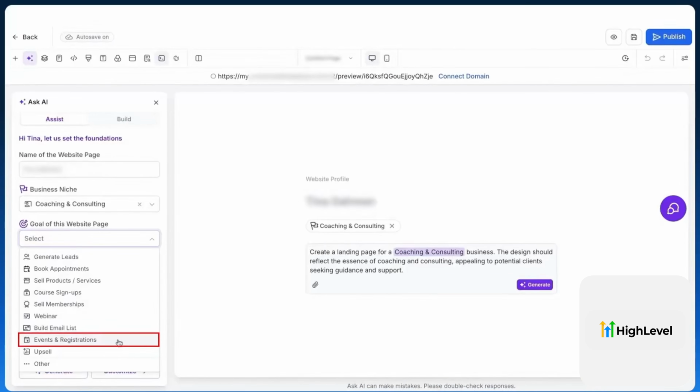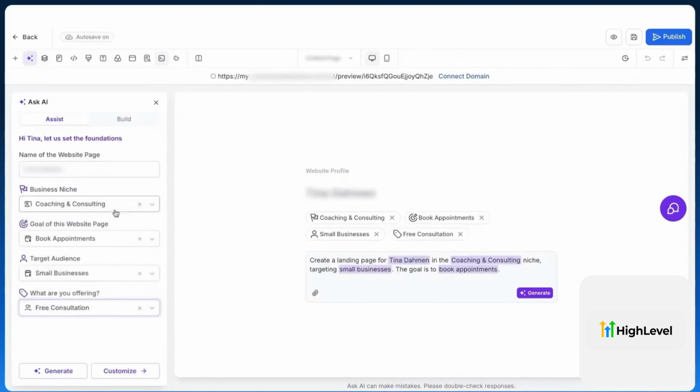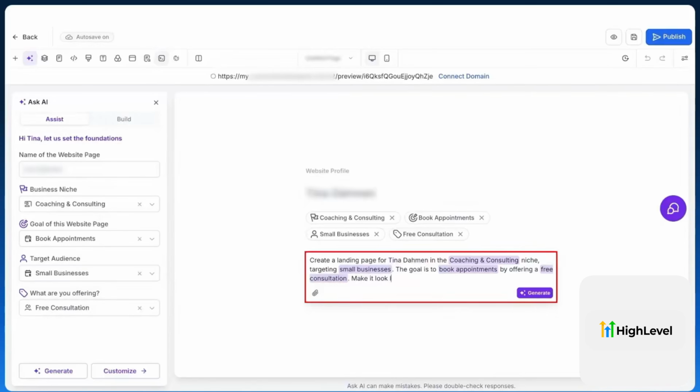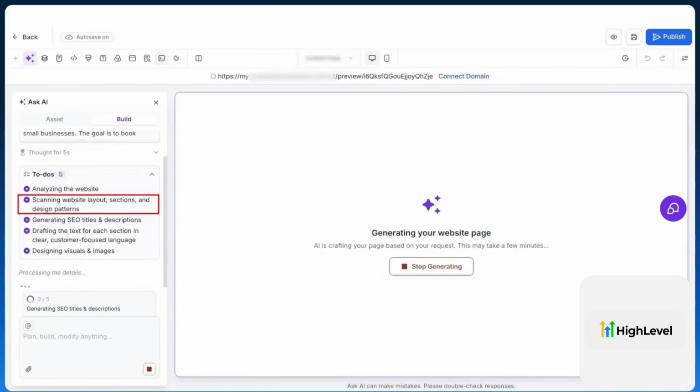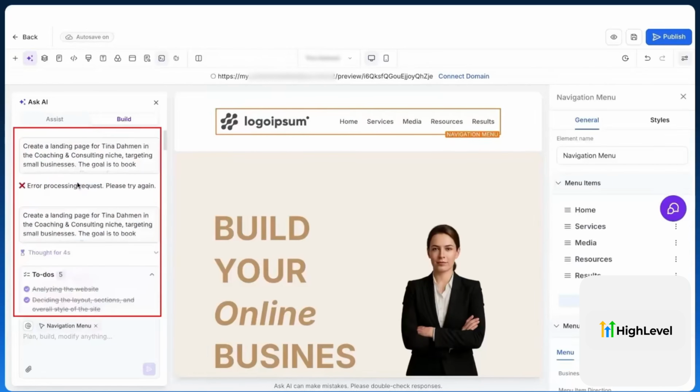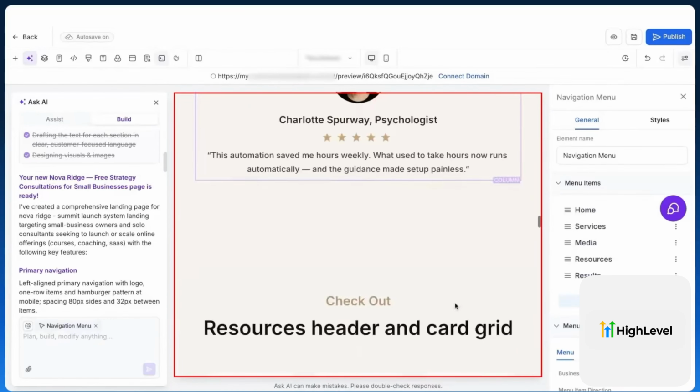So their funnel building AI is a built-in feature inside GoHighLevel that helps you generate funnel pages using artificial intelligence. Instead of manually writing copy, choosing layouts, and guessing what sections to include, it creates a starting funnel for you based on simple inputs. This is not a separate tool or add-on. It lives directly inside the GoHighLevel funnel builder. You're still using the same platform for pages, forms, calendars, and automations, but the AI helps speed up the creation